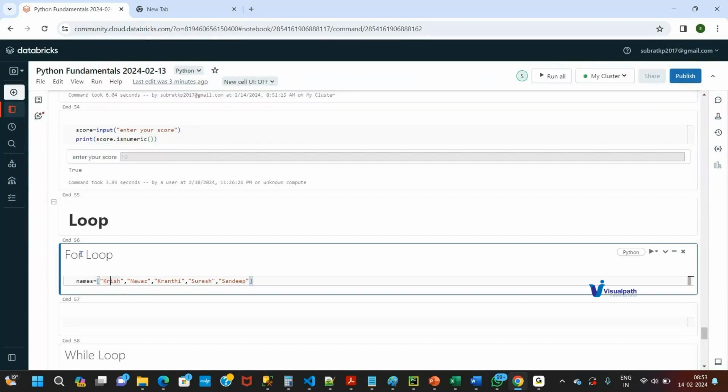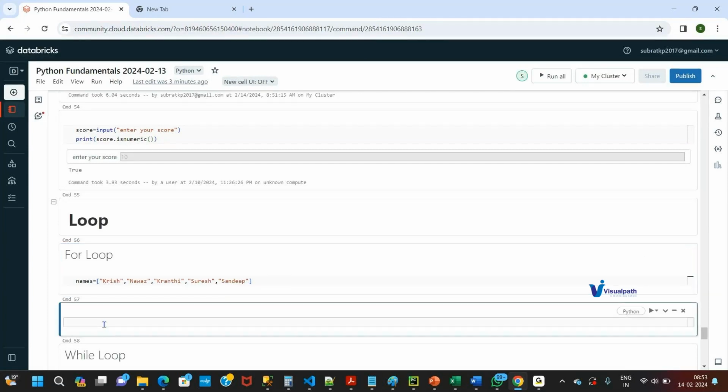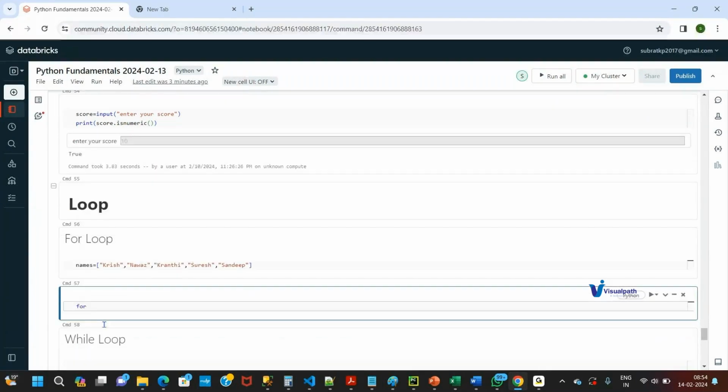In looping, given a list, or what we call an iterable, every collection is an iterable. Iterable means something which can iterate, right? A list you can loop through. So given a list, you want to go through each and every element and check it. There are two ways to achieve this: one is called for and one is called while. Okay, for